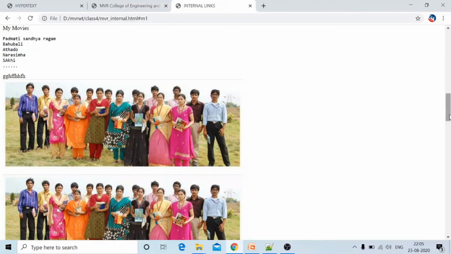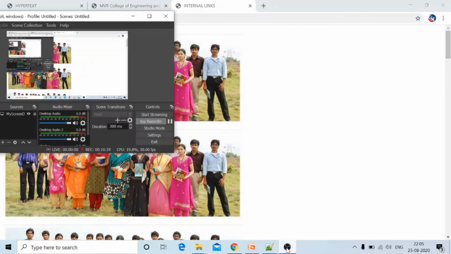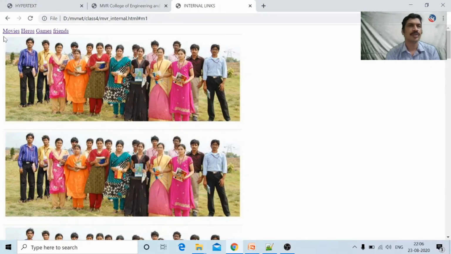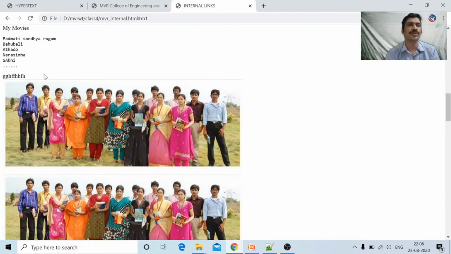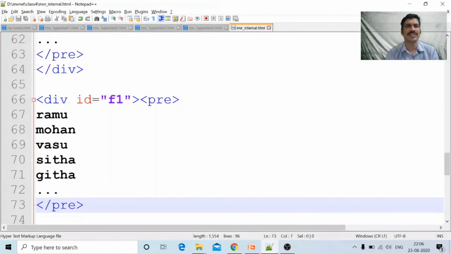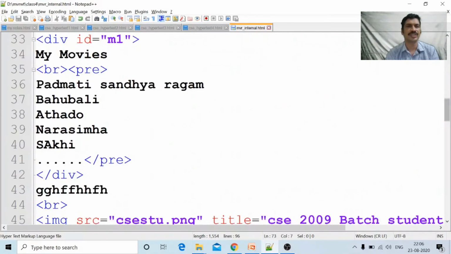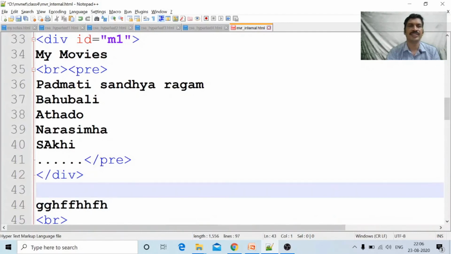Okay, whenever I click movies, I am going to movies. My requirement is this. Okay, movies, very good, we have jumped to the movies. Now if I click here, I want to go once again to the main menu. What do we have to do? I will put a link here. Movies is there. Where is that movies? Okay, here it is, movies is there. After the div, I will place one tag here. What is this tag? Anchor tag,